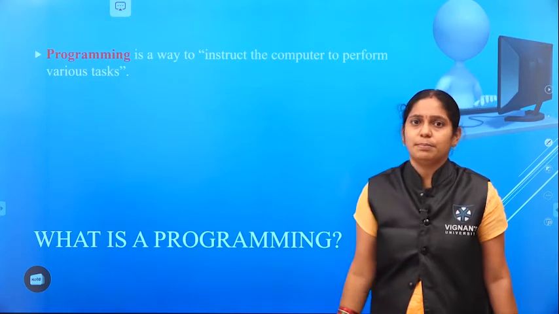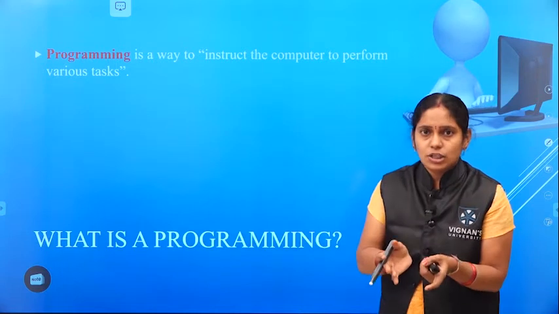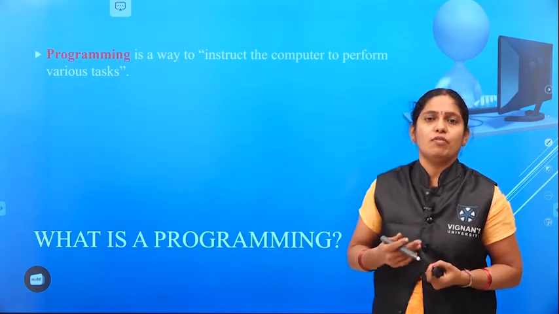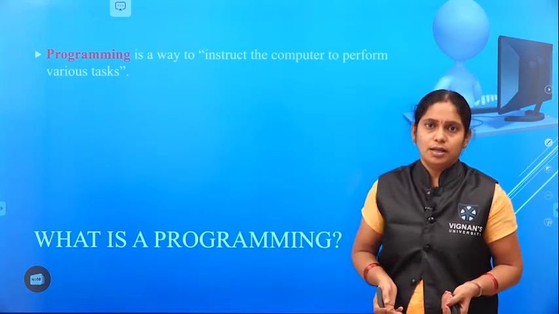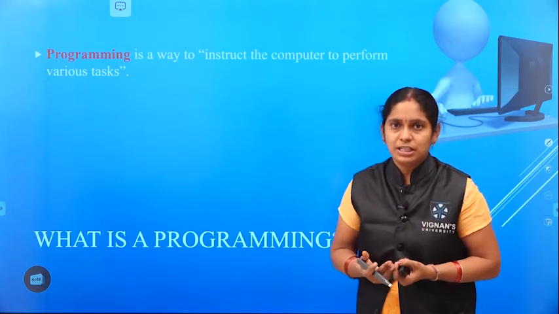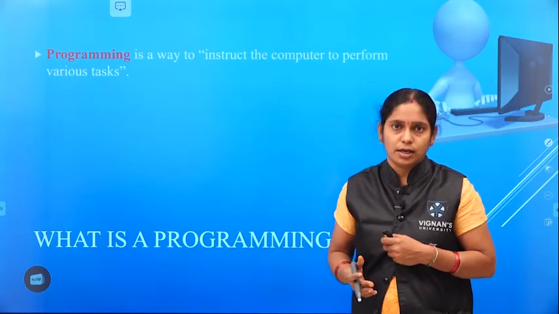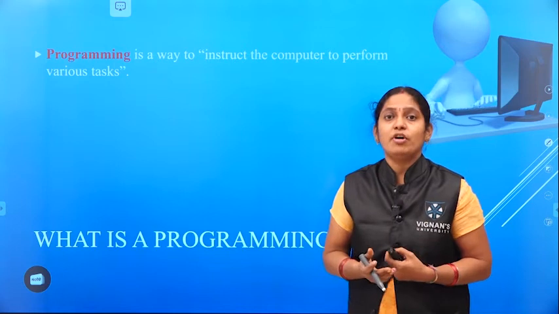As we discussed earlier, if you have a task which is not possible for a human being to perform, or which takes much time to perform manually, in such cases we move to a computer. So can the computer perform it directly?